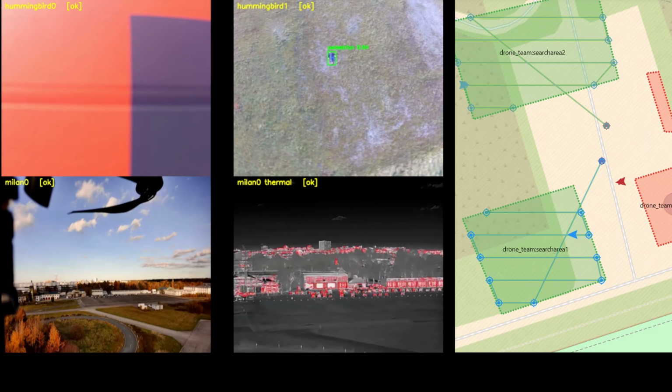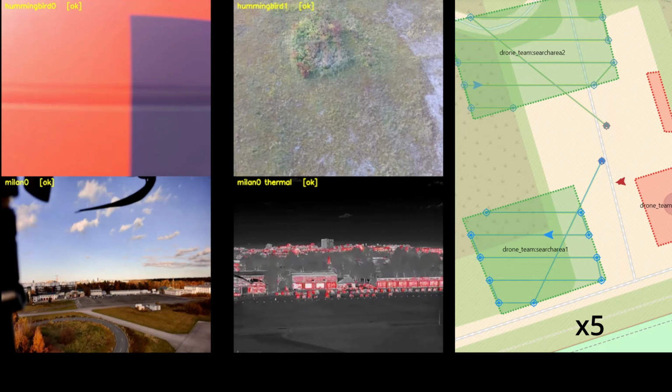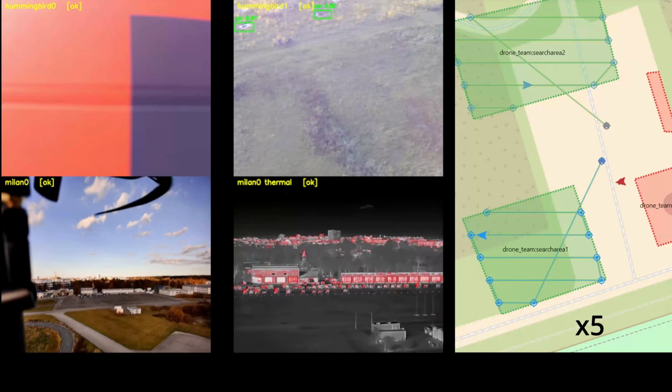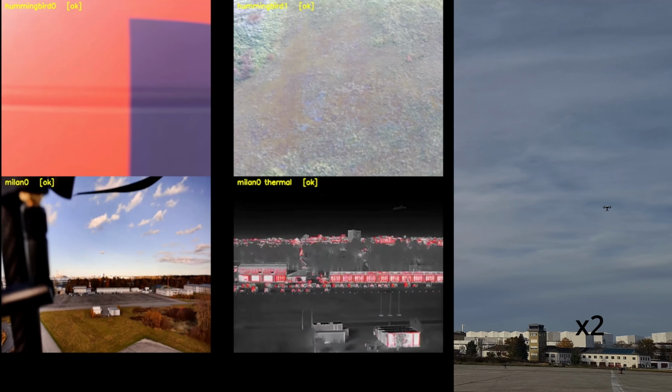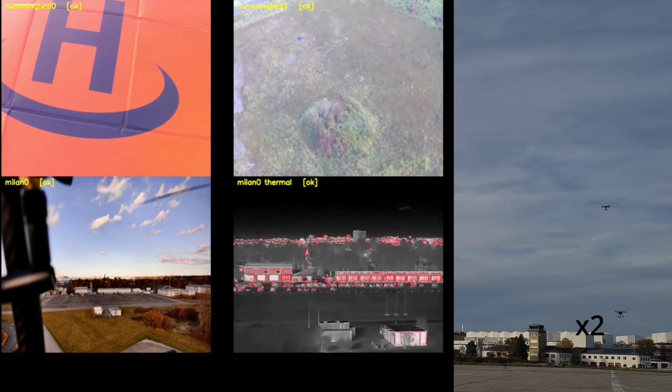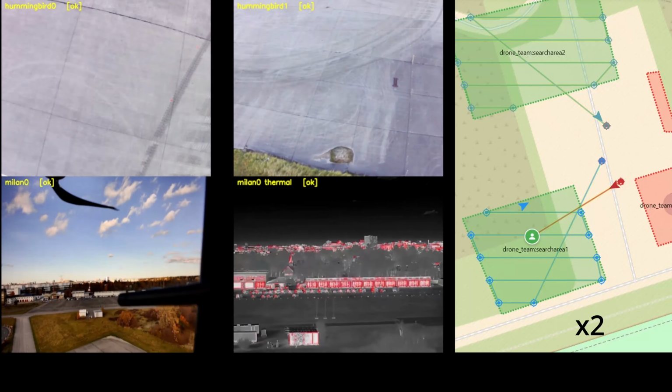Here, the UAV is detecting the target via an object detection model. Afterwards, its position is added to the map. The UAV, equipped with the first aid kit, is taking off and delivering it to the target position. In the meanwhile, the other UAVs are returning.